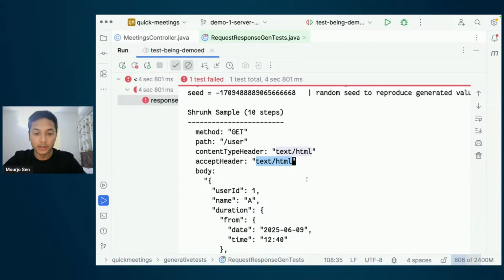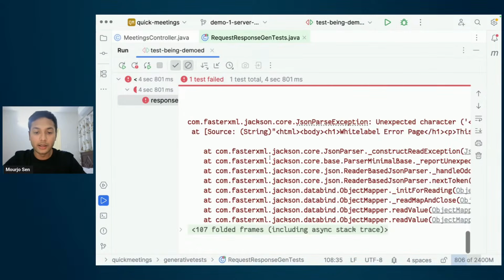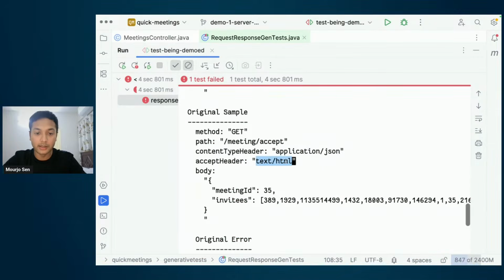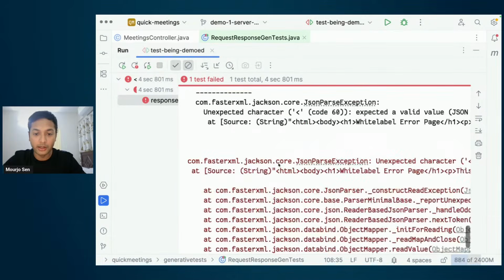And the good default in this case is that there is an error page that, because we don't have an endpoint defined, it will fall back to the error page in the format that the user requested. And the user requested in this simulation is text/HTML. So the accept header is text/HTML. Therefore, the system is generating an HTML response, right? So this is not something I would want, because it's an API. I always wanted to return JSON responses.